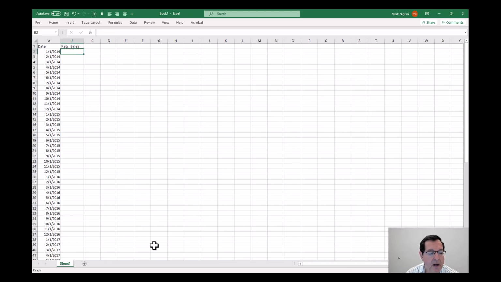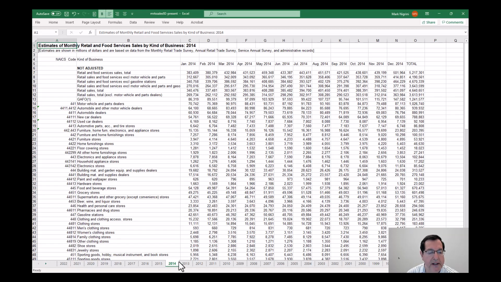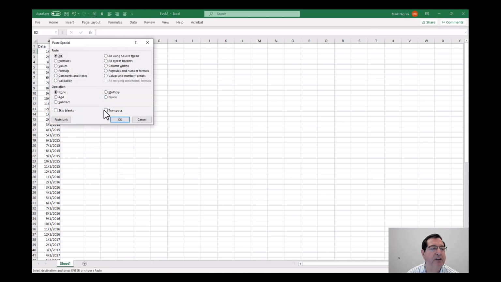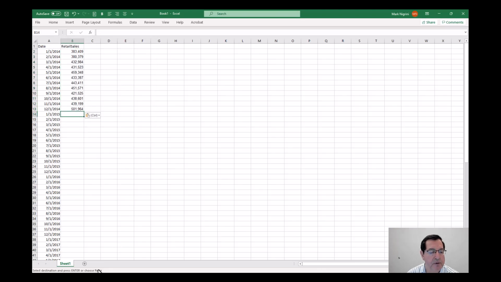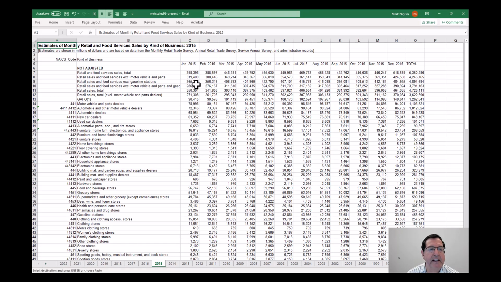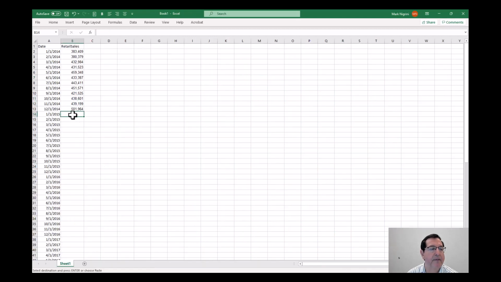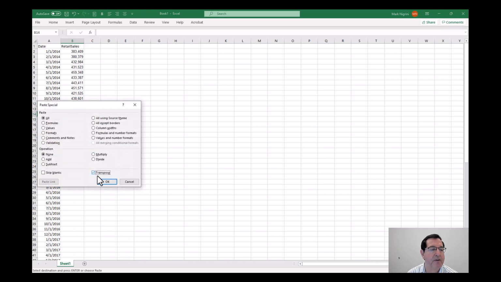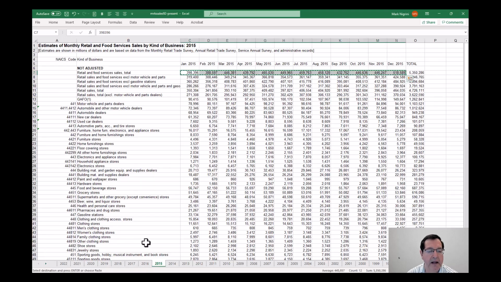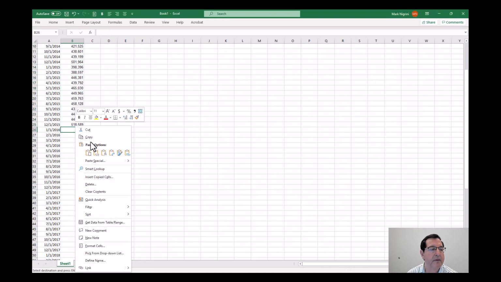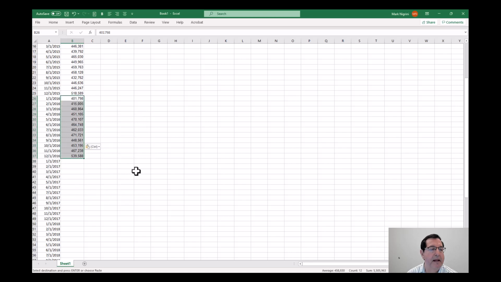let's do a little bit of copying here. I am in 2014. I need January to December. I'm going to do a copy, and when I get here, I'm going to do a right click, paste special, transpose, OK. Put my cursor back here, go to 2015, copy, back, right click, paste special, transpose, OK. Go back, 2016, copy, paste special, transpose,